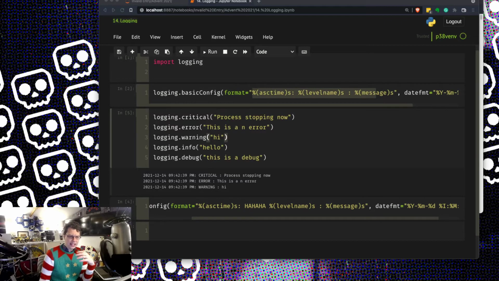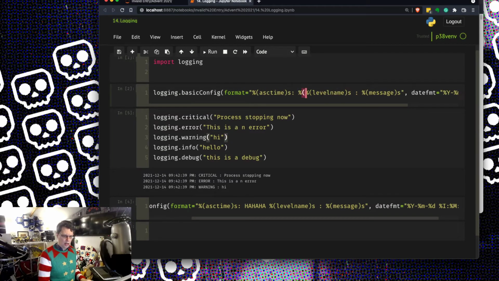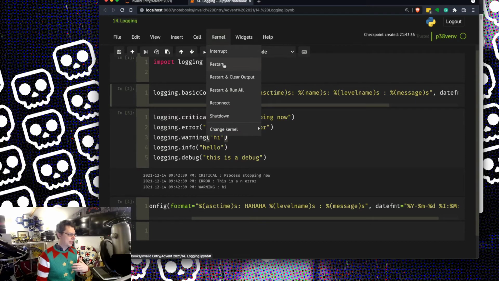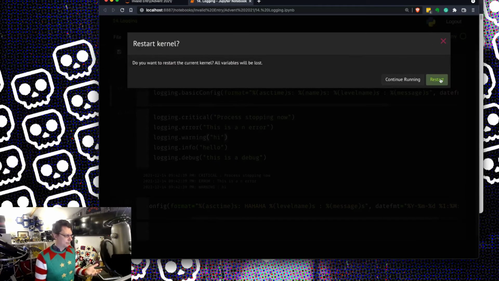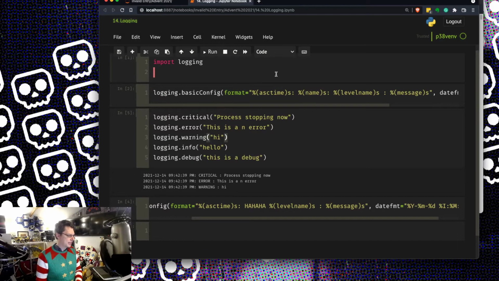The next thing up is actually using loggers. Loggers are a bit more powerful. The one I showed you first was the root logger. And sometimes what you actually want to do is put the name in here as well. I'm going to put %(name)s in there. I'm going to restart my kernel. If you're writing this on a command line, every time you restart the program, that counts as new. So you've got that root in there.